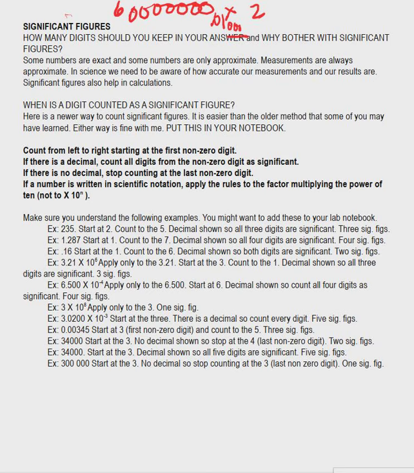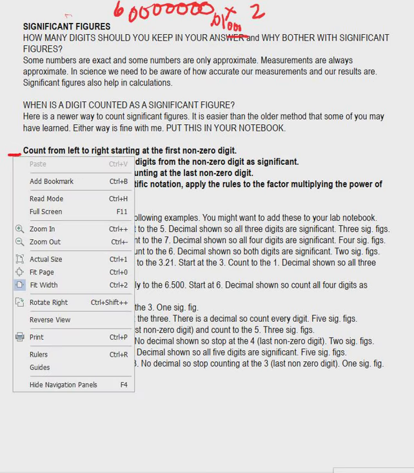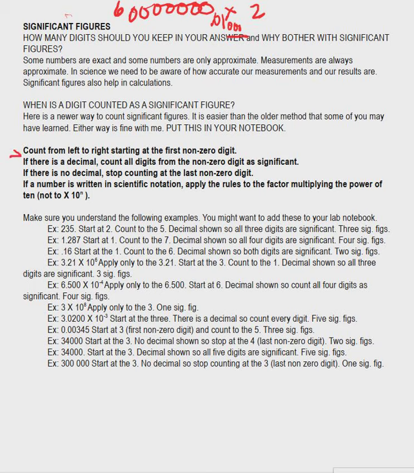You start counting from left to right for significant figures. You start counting from left to right, starting at the first non-zero digit. So if you had 0.00132, you start counting at the 1. If there is a decimal, you count all the digits. So if there's a zero